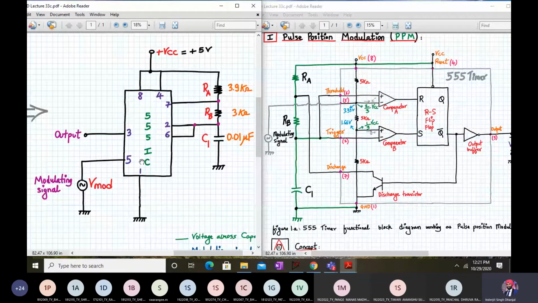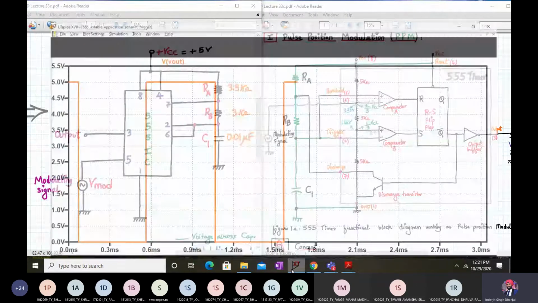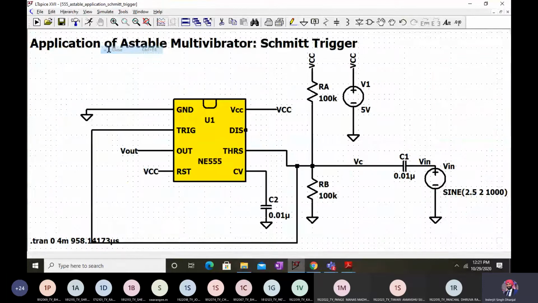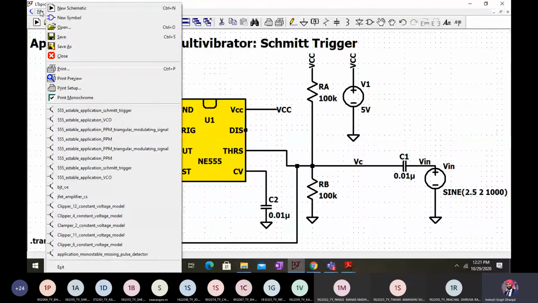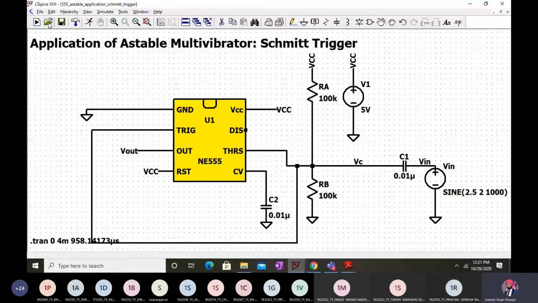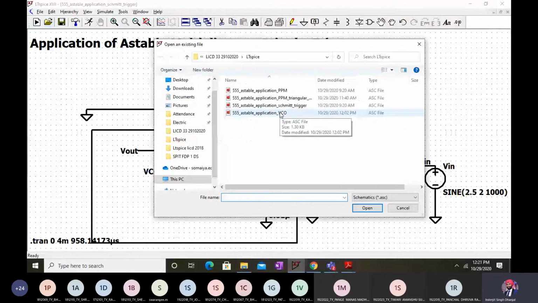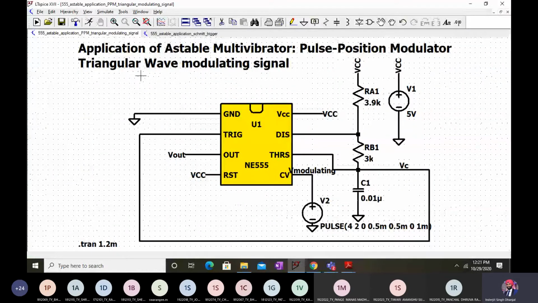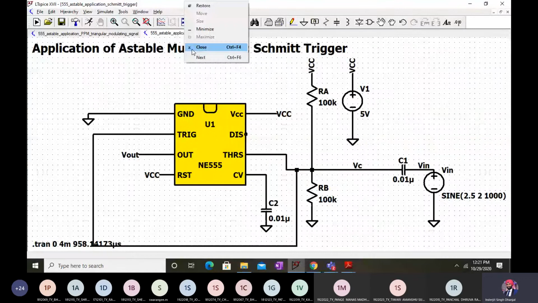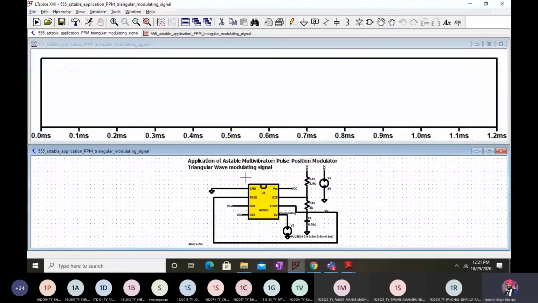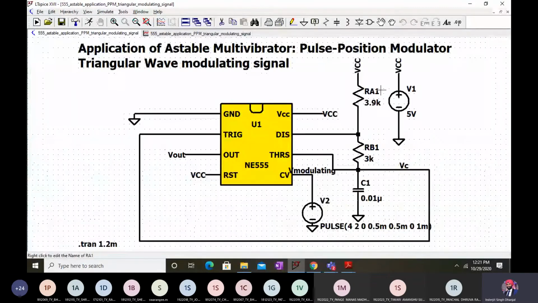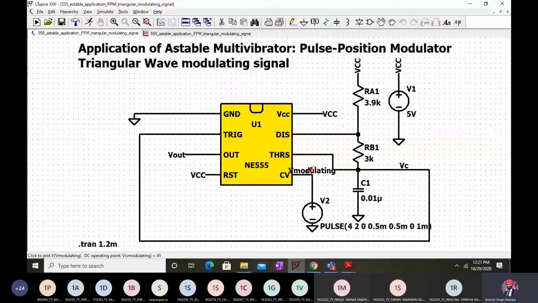Now first, let me show you the simulation and run it, and then I'll come back to the circuit explanation. The beauty of this subject is that all the circuits using op-amp, everything, we can simulate, even using the 555 timer. For each and every application I have started with the theory part, and then gone to the LTspice simulation and verification of the result. So that is very helpful. So this is my circuit. As you can see, it's a normal astable multivibrator. In addition, we have applied a modulating signal at pin number 5. This CV stands for control voltage.